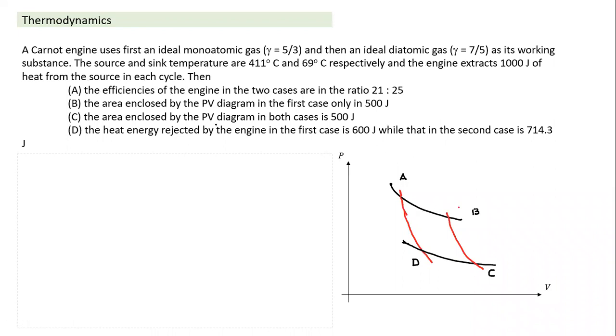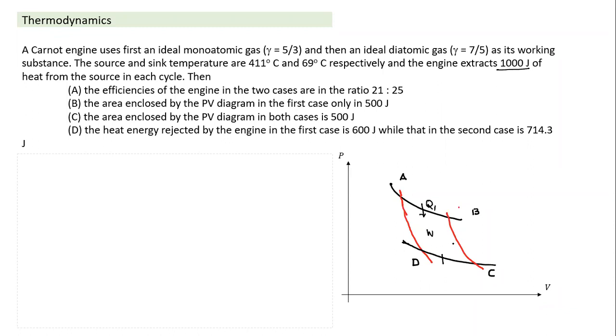Okay, and this I think I already discussed, in place of monatomic gas, if you use diatomic gas between the same temperature, if the ratios of volume compressions are same, efficiency is independent of what kind of gas is used. The efficiency will only depend on the temperature of sink and source. And if the engine extracts 1000 kJ of heat, so if Q1 is given here, work done, if Q1 is same for monatomic gas as well as diatomic gas, then Q2 also will be same and work done also will be same.